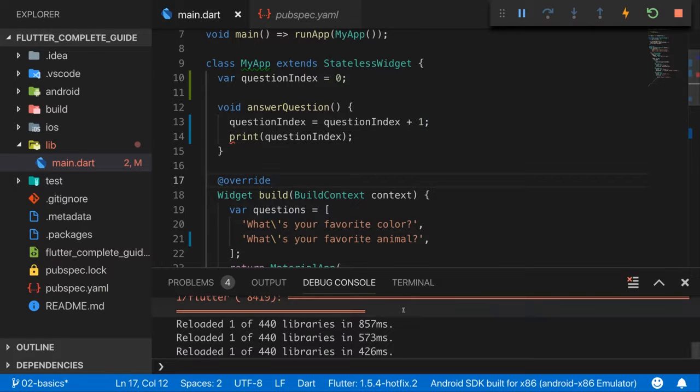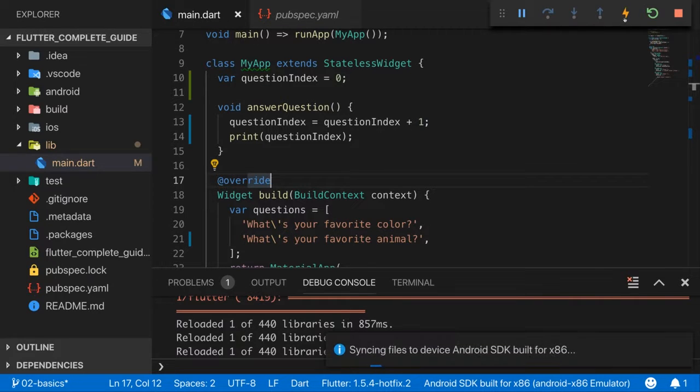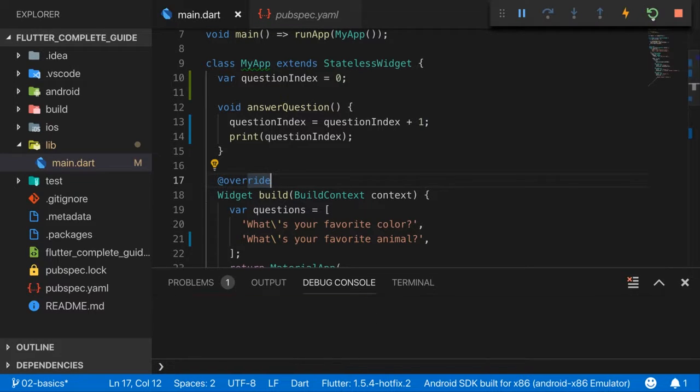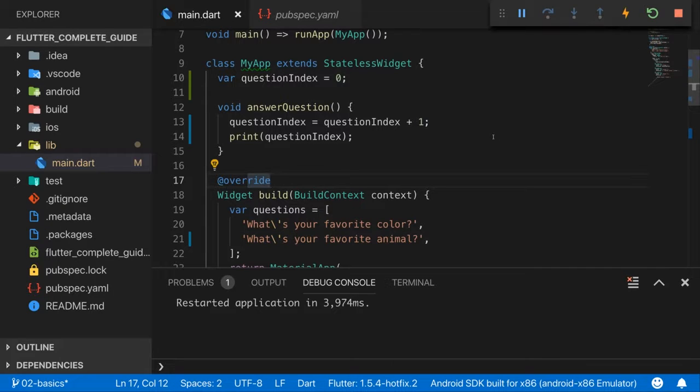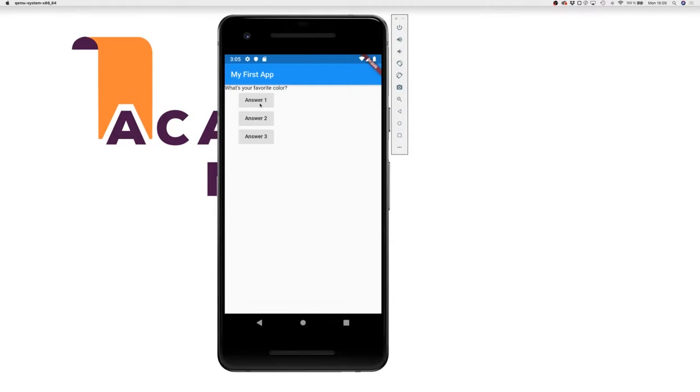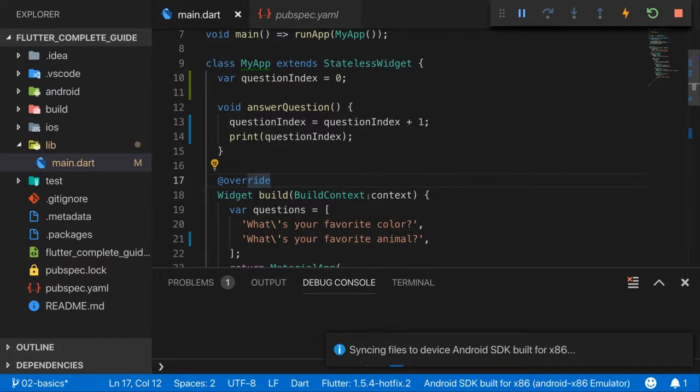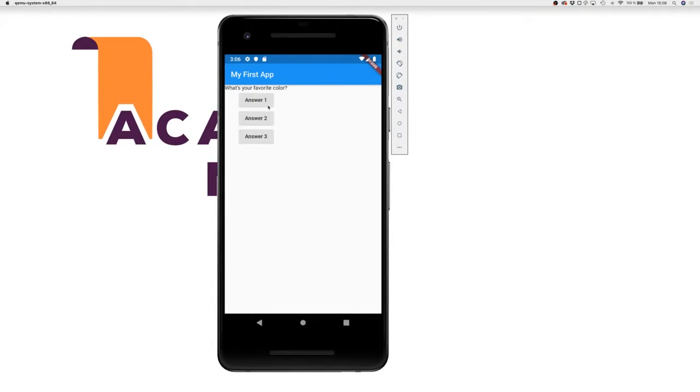If we save this, it should rebuild. You can always manually press that flash button here to do a hot reload, or if somehow your app got stuck, you do a hot restart to fully restart your app, which takes a tiny bit longer, but makes sure that you really rebuild your app with the latest piece of code. And now if I press answer 1, seems to work. If I go back, I see 1 and 2 because I pressed it twice. But if I only press it once, let me rebuild this again to really prove that this only executes once. So if I now press answer 1,